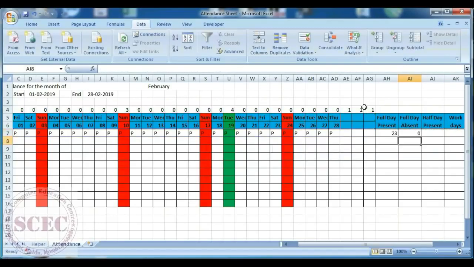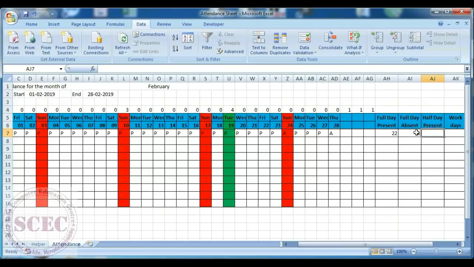Then bracket close, enter. There is no absent. If I put here absent, it will count as 1. But here in Sunday, if we put A, it will not count. Here you can see here is 2A, but this count is only 1.